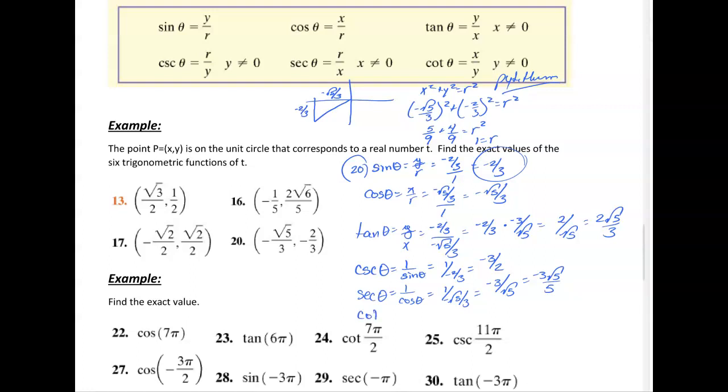And then let's find cotangent. Cotangent is 1 over tangent, or we could do x over y. Either one will get us the same place. So we have 1 divided by 2 square root of 5 over 3. So we're going to have 3 over 2 square root of 5 multiplied by square root of 5 in the top and bottom. So we're going to have 3 square root of 5 over